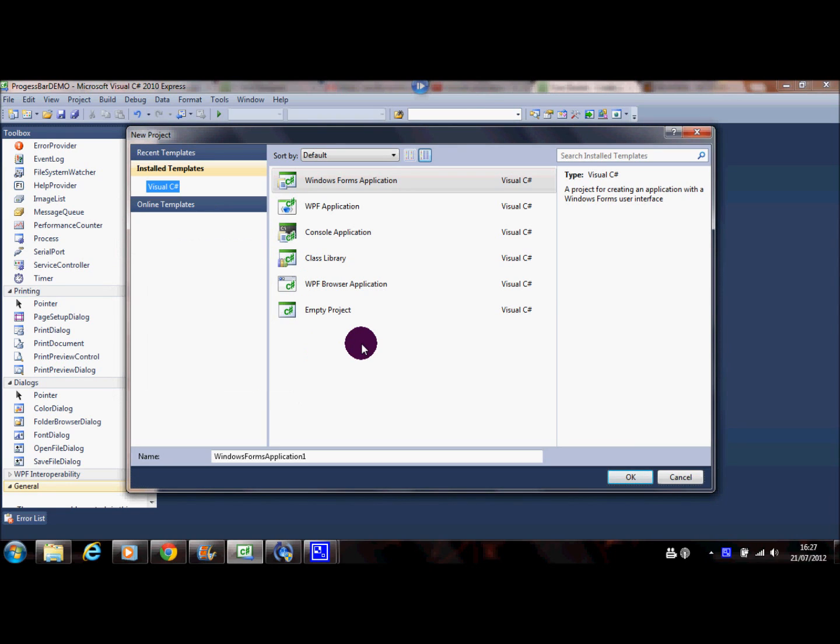I'm just going to go through Visual Studio 2010 Express simply because this is what I'm going to use for the tutorials, and I think it will be best if I go through what I use so that when you're watching the tutorials it makes it easier for you to understand where everything is. So I'm going to create a new Windows Form application just for this tutorial. I'm going to call it